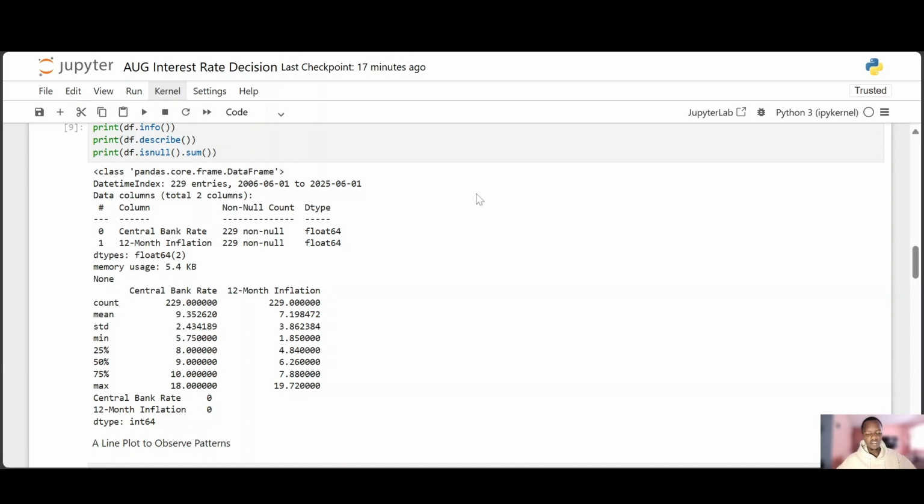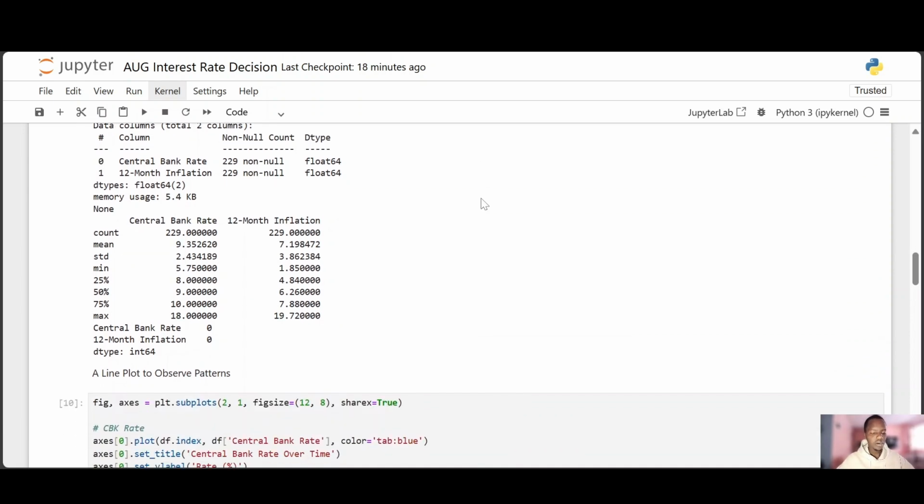We have 229 entries in both of them. There are no empty entries. Then each of the variables are float data types, which is good. And now we have our central bank rate and 12-month inflation descriptive statistics, where we have 229 entries in